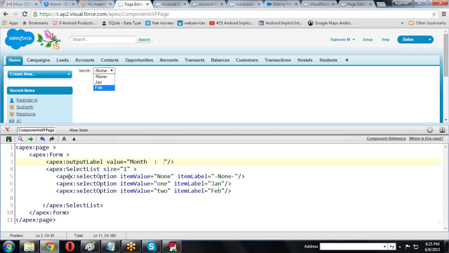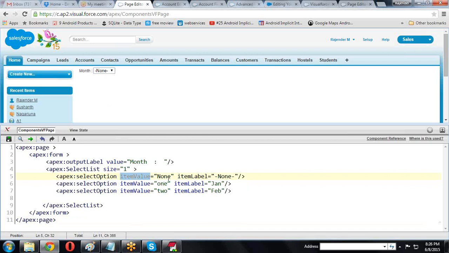If you want to create a pick list, then we use apex:selectList, with size equal to 1, which is the displayed size. Now apex:selectOption. What is the select option here? None, January, February, like this I want to display some items. If you want to add the items, then we use selectOption in this.